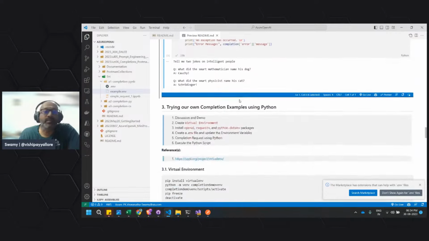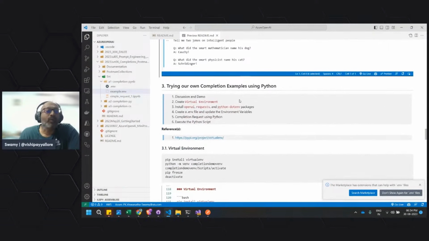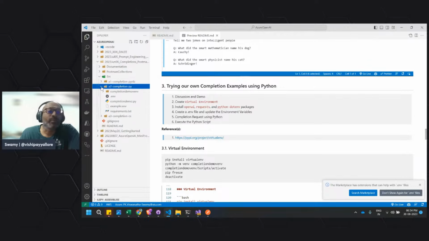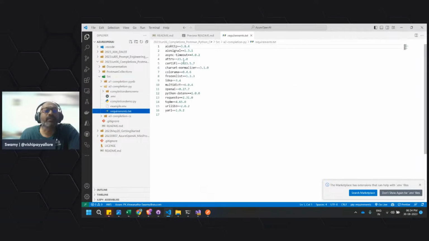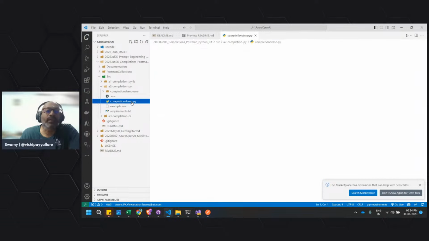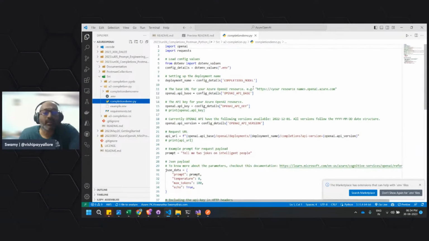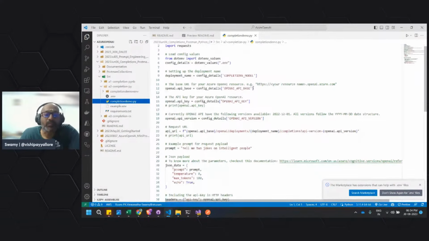That is done. So now we will go ahead and execute the Python program itself. Here you can see all the requirements which I moved in here. We have the complete documentation.